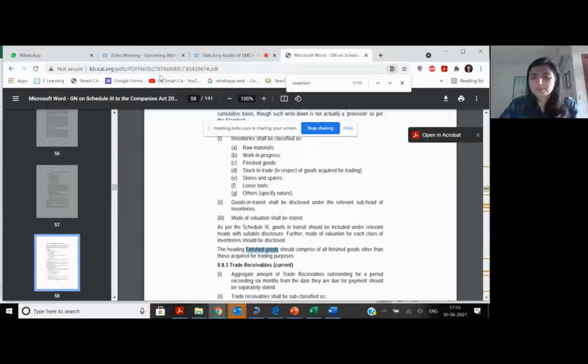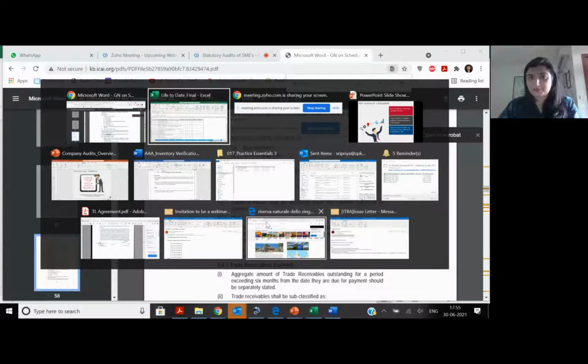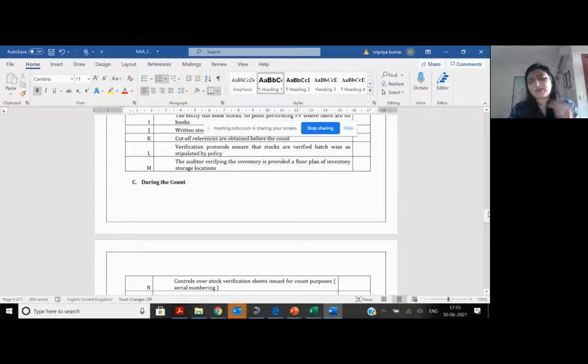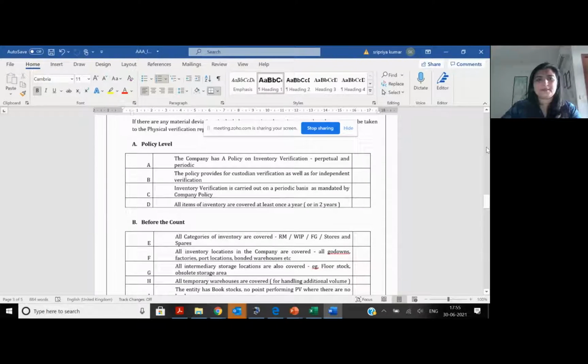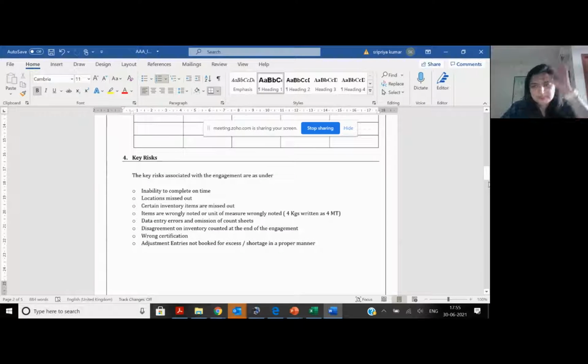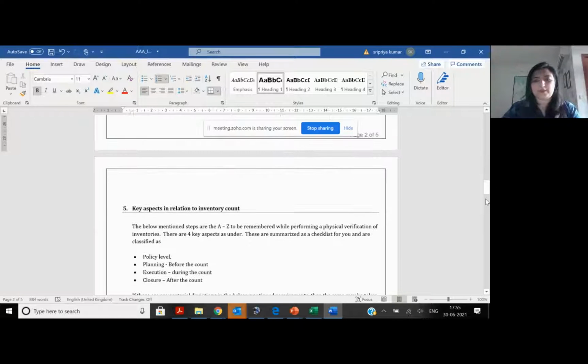Now, one of the most important things I think for a statutory auditor is inventory verification. So I'm just going to take a few minutes, unlike the usual webinars which run for 1 hour, since this is slightly longer, it might run for about 1 hour, 20 minutes, and then we can taper on the questions. I am going to leave this document with you. This is a must print, must sign document by both you and your client.